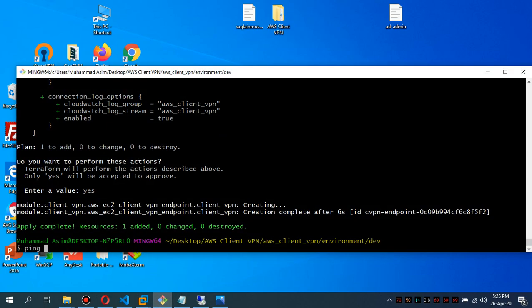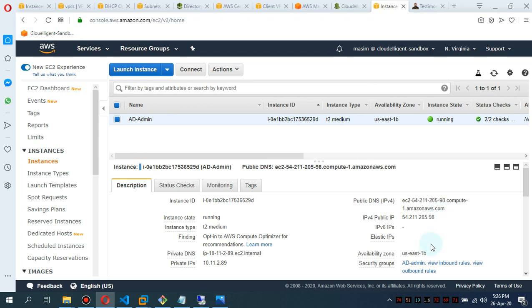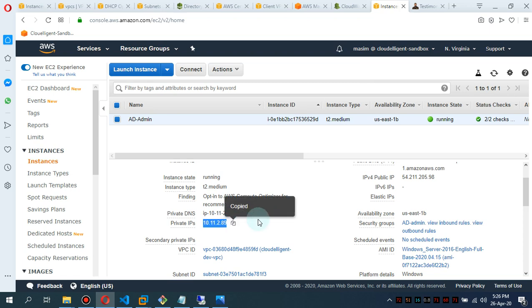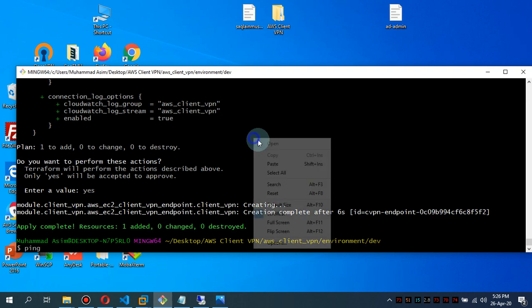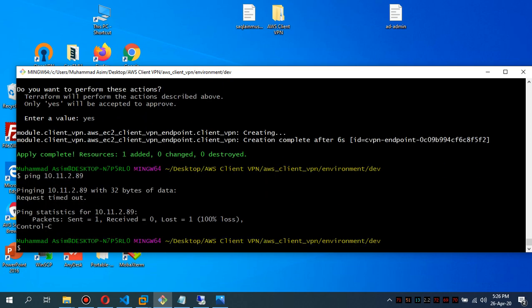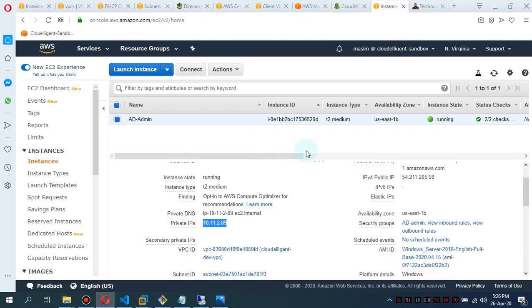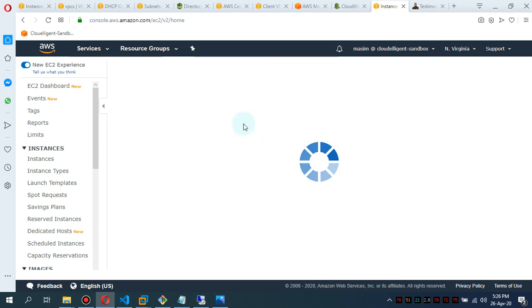Now that I'm connected, let me show you whether I'm able to ping the IP address of this particular machine. This machine has a public IP, but it also has a private IP. It is in the private subnet. This will enable me to, okay, ICMP packets are not allowed. So make sure that you allow